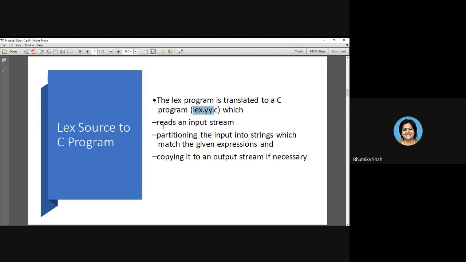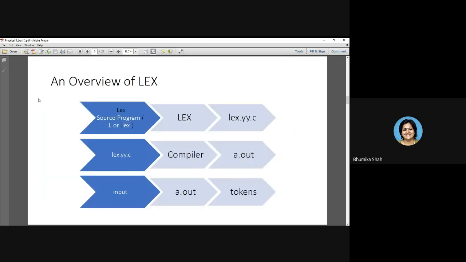We will see both slowly as we'll be doing lex programs. So it reads the input from the input stream, it partitions the input into whatever actions you are supposed to perform, and it provides the output to the output stream. Again, the output stream can be either your terminal, that is monitor, or it can be a user given file as well. Okay, fine.